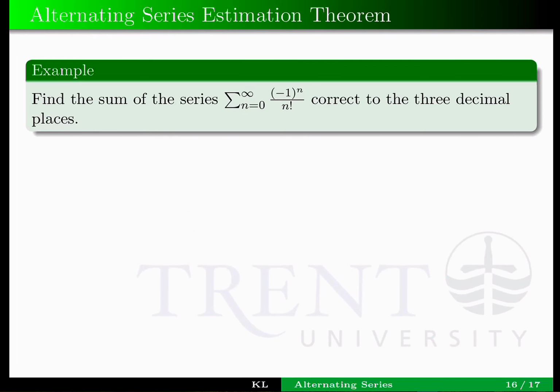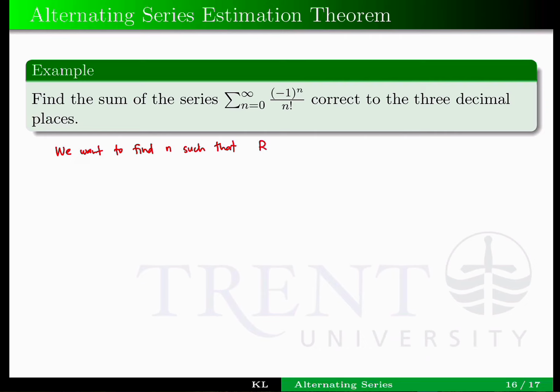So, how do we use this? Find the sum of the series correct to 3 decimal places. The series is negative 1 to the n over n factorial, and we want this to be correct up to 3 decimal places. So, to solve this, we want to find n such that